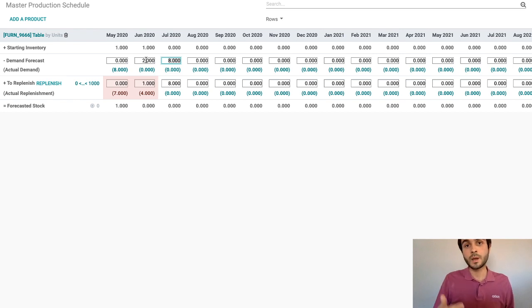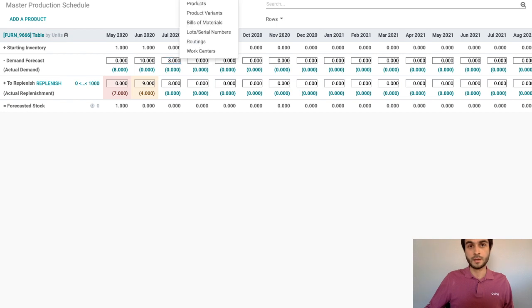And it works the other way around also. So if you now review your demand to a higher level, let's say 10, then here the cell is going to be orange, telling you that you need to replenish again to start a manufacturing order of not 4 but 9 quantities. All right, so that's the top level planning over here, and actually it works with all of your subcomponents also. So the table over here, I'll just show you